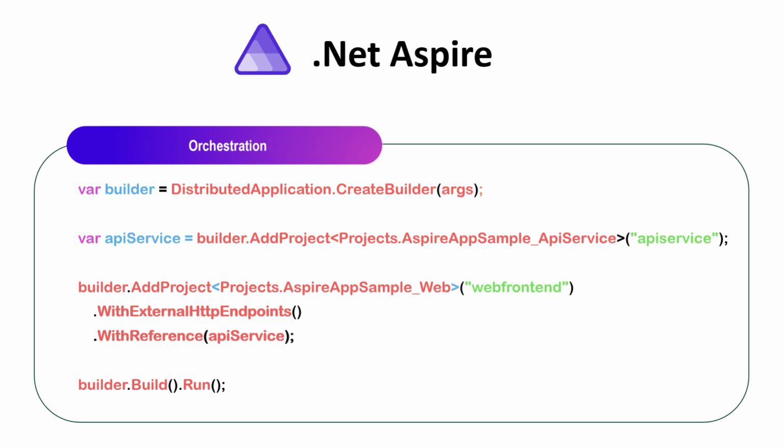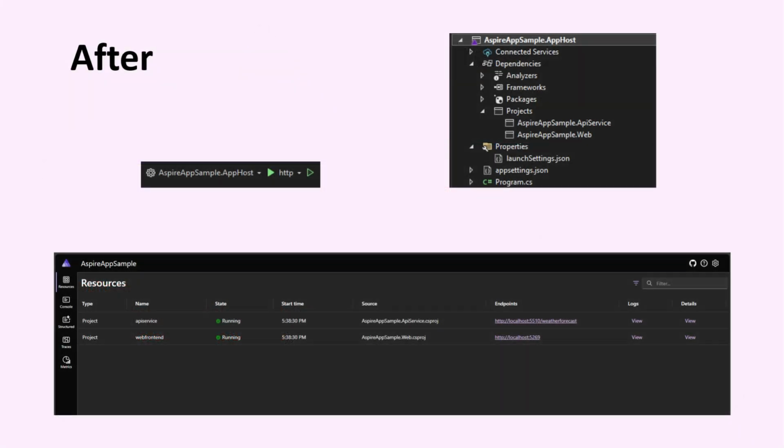And here you see I'm just saying add project and I define what my project is. And I give that project a service name, API service and web front end. They then appear inside the dashboard like this. I have resources that appear, and you can see these are two projects on line 1 and line 2, my API service and my web front end. And remember what I said about health checks. It's showing me that they are running in a healthy state right next to it. And I can also see the endpoints in the third to last column right here, right above my cursor.